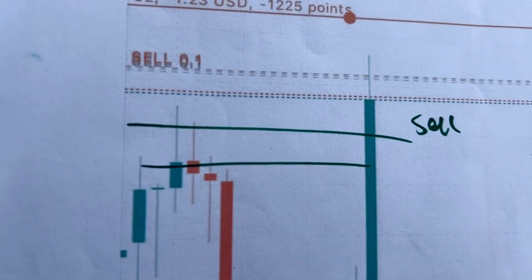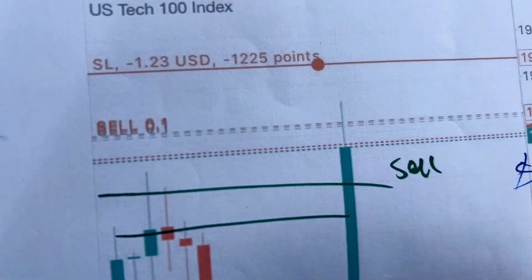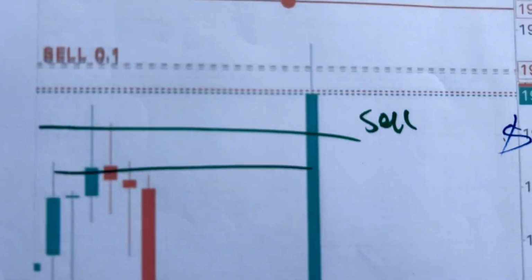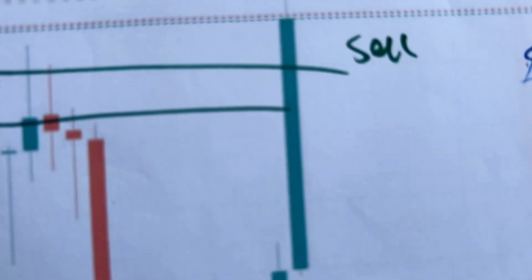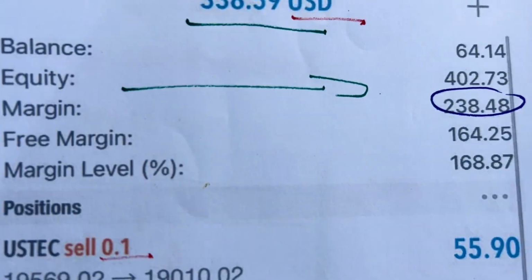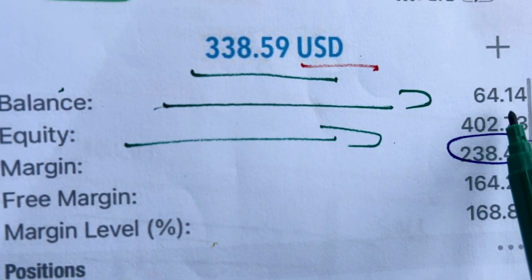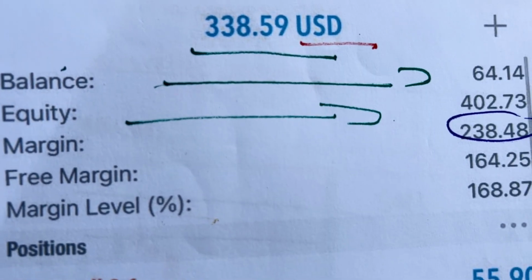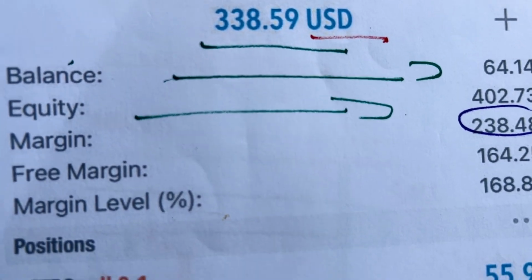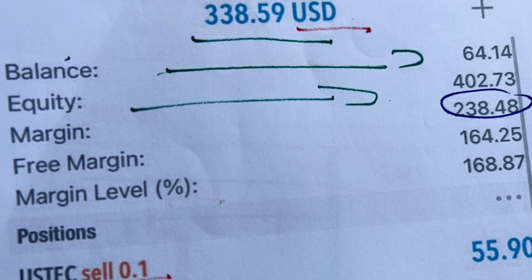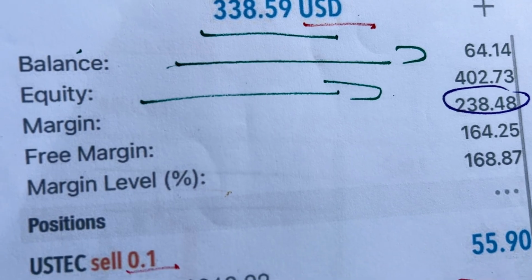Now, whenever we sell, we have to risk money. So it is important to understand the amount of money that you have in an account. Let's say in this case, for example, here you can see I had a balance of $64.14. Now, when I risk here, I need to understand the points value, because if you do not understand the points value,